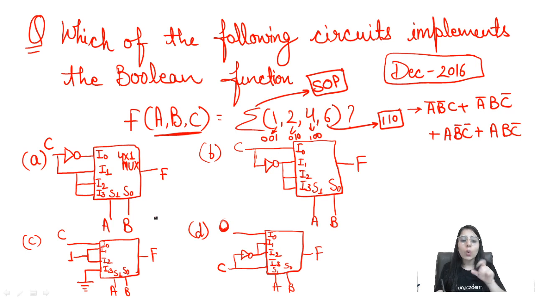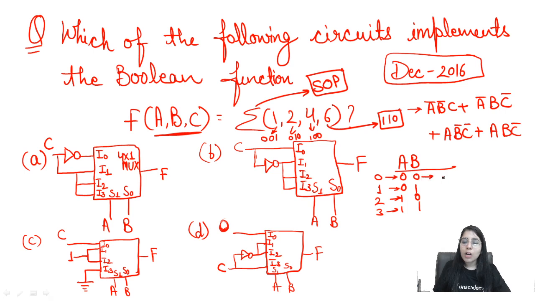Clear? Now next thing, if we talk about the values of AB, what are the possible values of AB you can have? See, 0 0, 0 1, 1 0, 1 1. The best way to consider all the possibilities for the 2 variable case is that's how we write it down. So either both can be 0, or A can be 0 and B can be 1, or A can be 1 and B can be 0, or A can be 1 and B can even be 1. Then the output, if you are taking the first possibility in the decimal number system, what is it representing? 0. This one 1, this one 2, this one 3. So this will give you the output which is present at the input side at I naught.